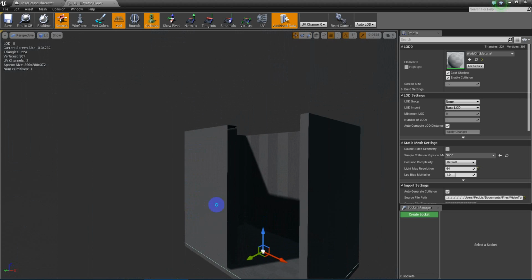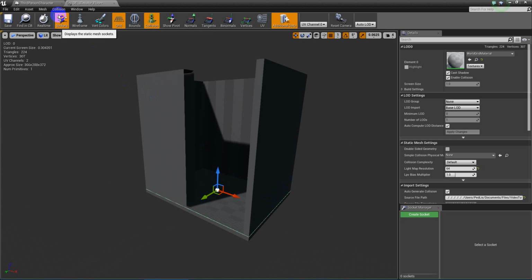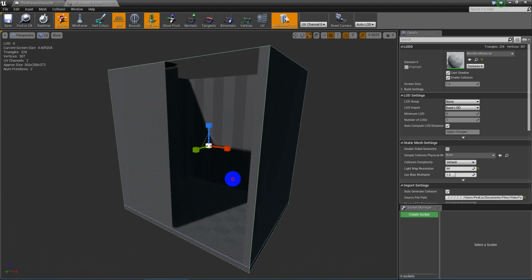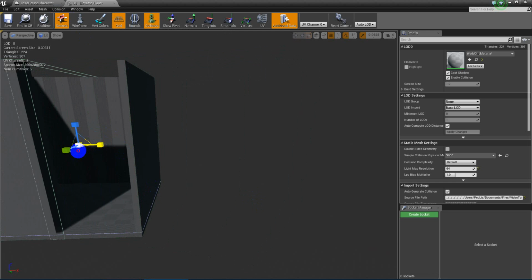And we have that collision over there, and we add another collision. Move it this way,